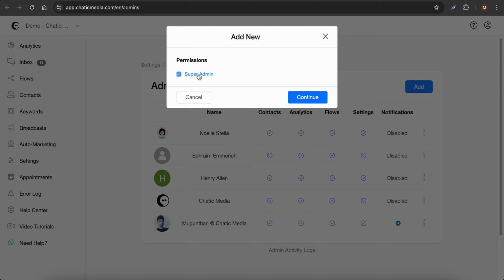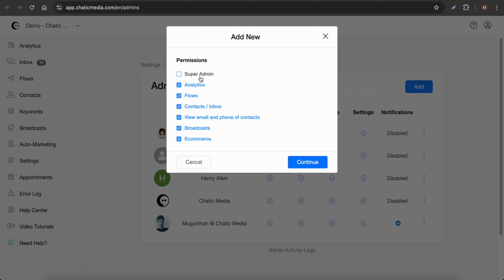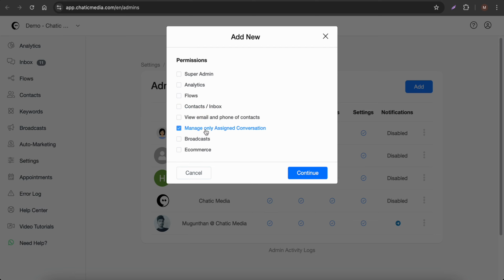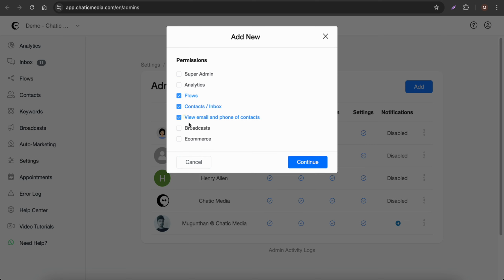If you want to disable the super admin access, for example, if you want to give access only to the inbox, or if you plan to add them as a live agent, you can simply provide them the contact or inbox access, or you can even provide access only to assigned conversations. For example, let's provide access to these things: flows, contacts,